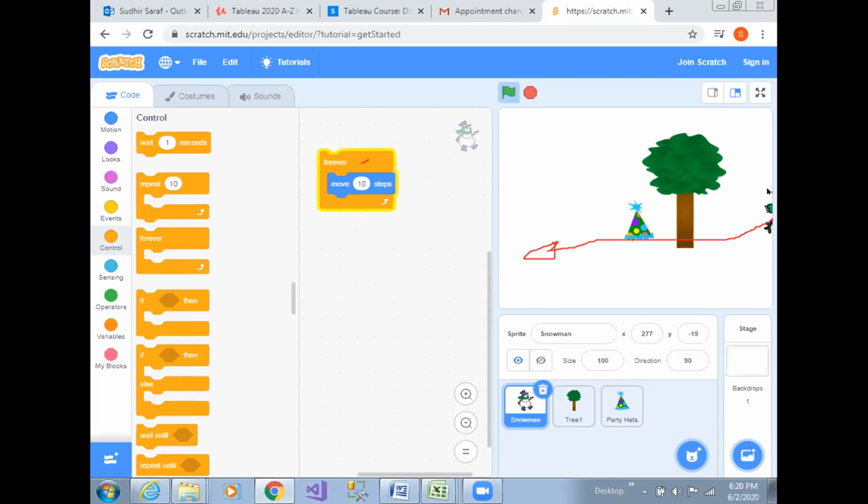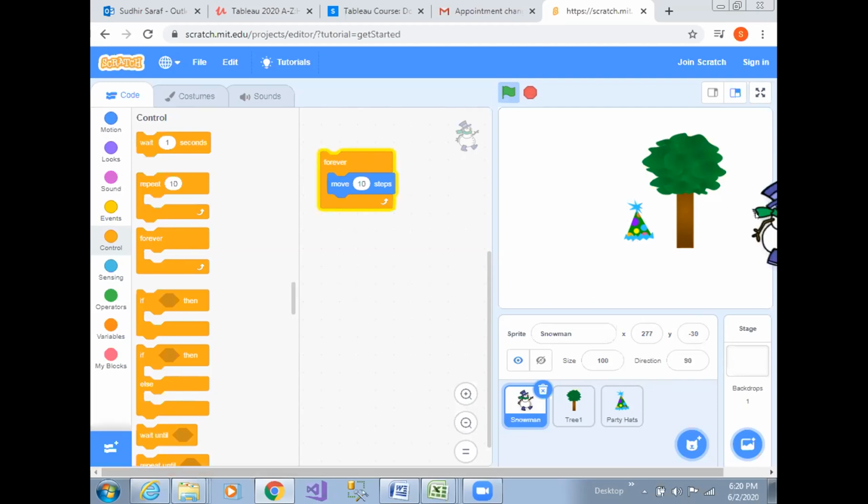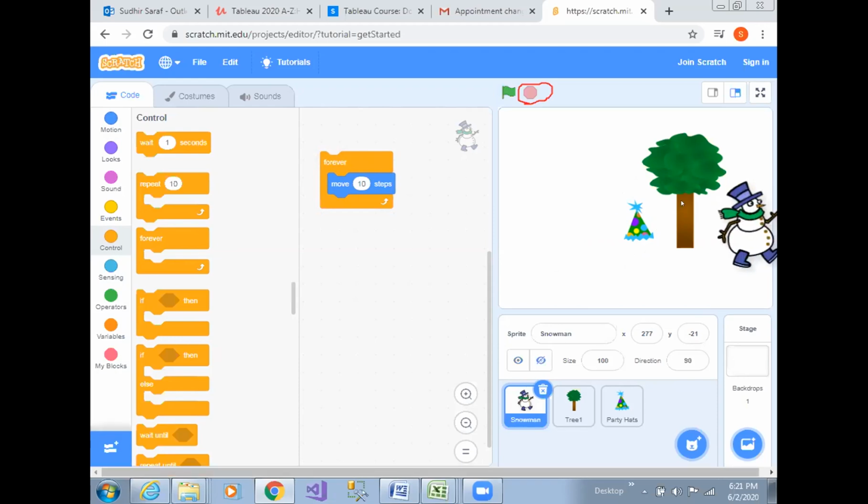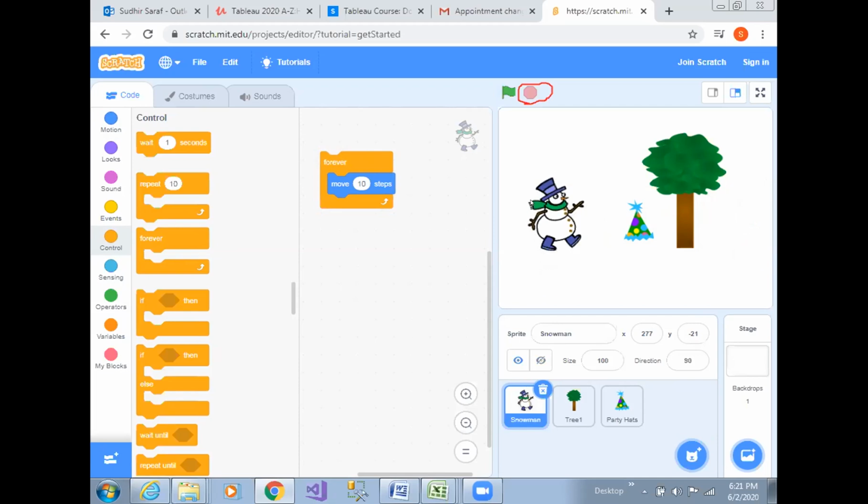Pranav, are you doing it or is someone else doing it? How to make this good? Wait. Okay. Is someone stuck right now? You have to click on the red button to stop your program. So once you are done, let's click on your red button. That is right. And then let's click on the red button.